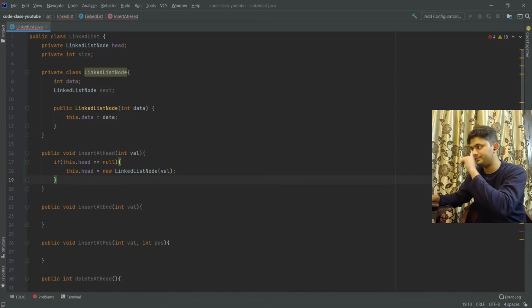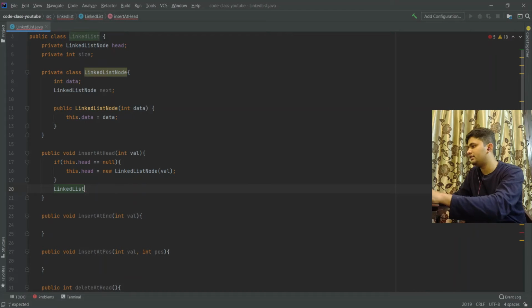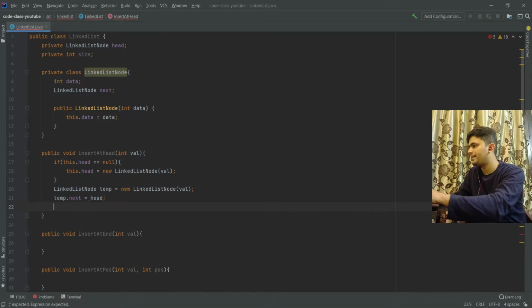So if head was null, I have simply inserted this value here. If head was not null, what we did is we created a temporary node with this value, and we simply made temp.next equal to head, and this dot head will be temp.